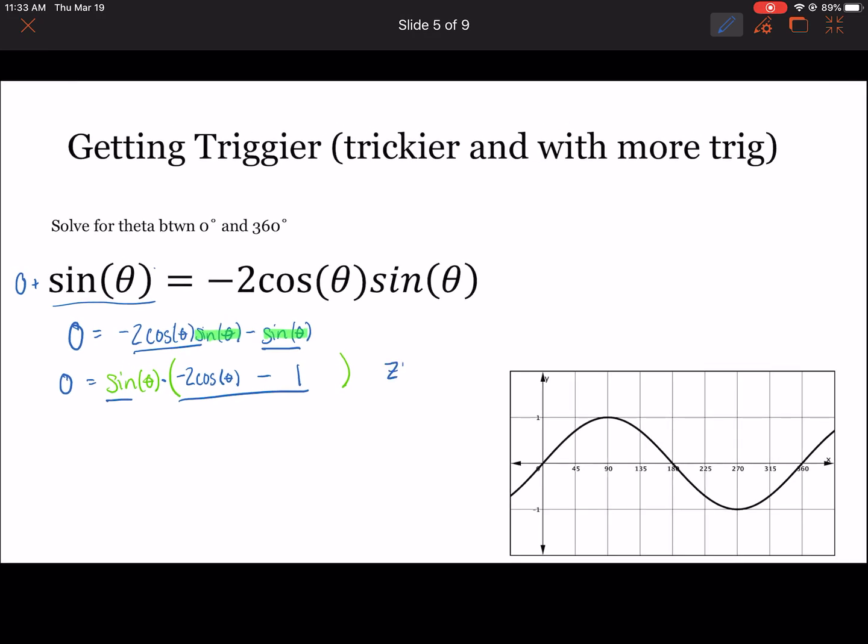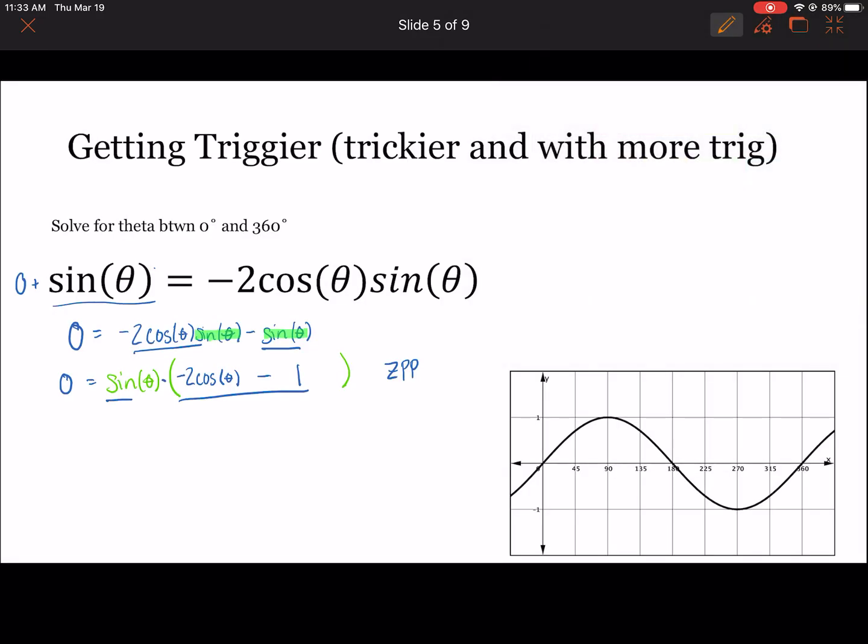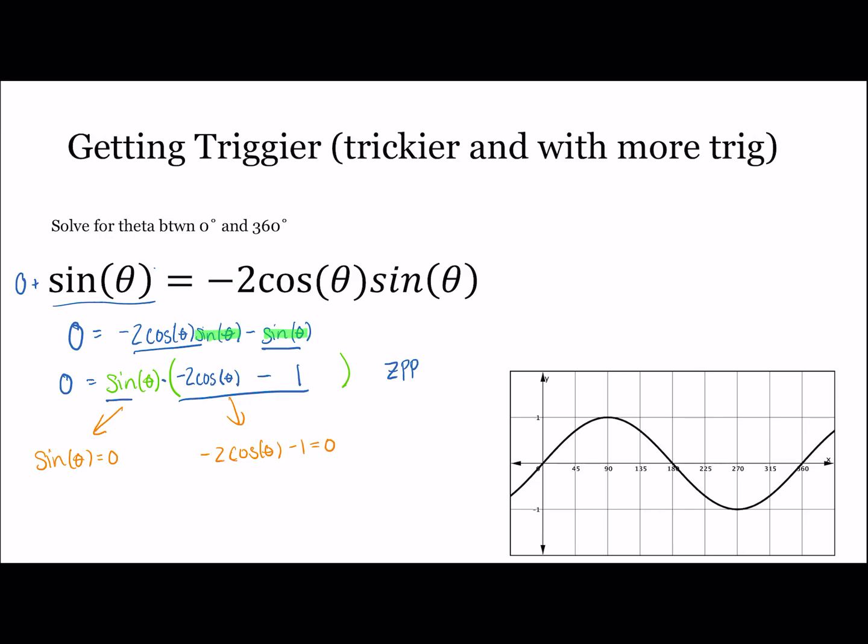So what I can use from now is the zero product property and say, well, either sine of theta was equal to 0 all along, or negative 2 cosine of theta minus 1 was equal to 0 all along. And from here, sine of theta equals 0, we could solve right away,